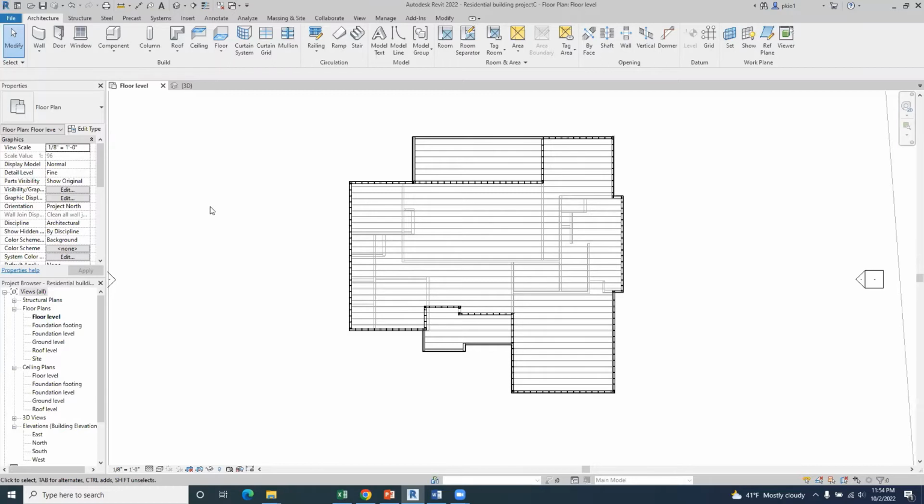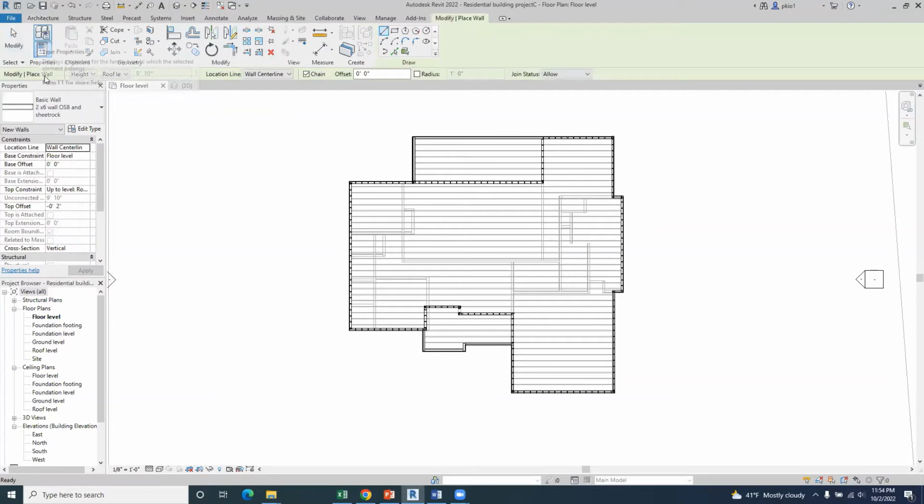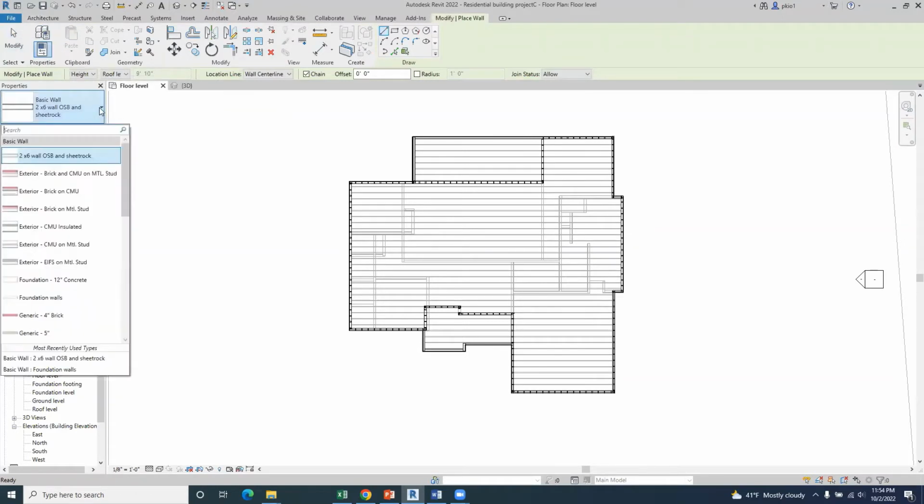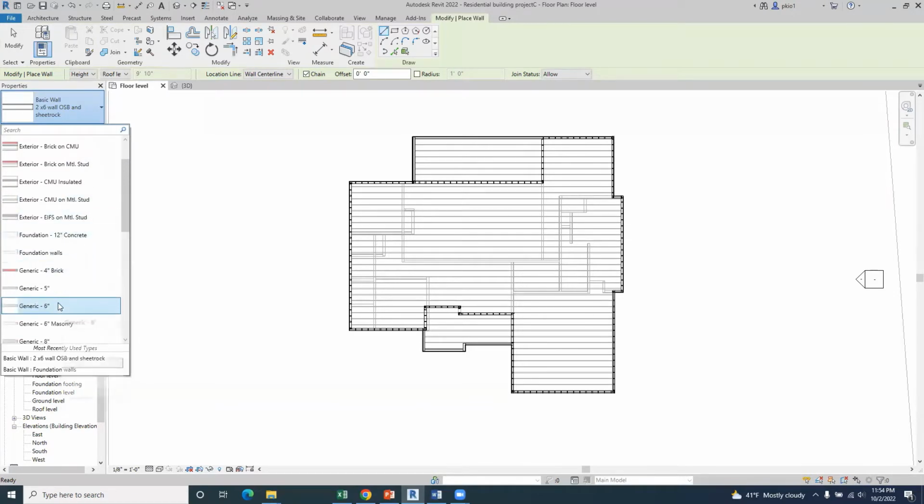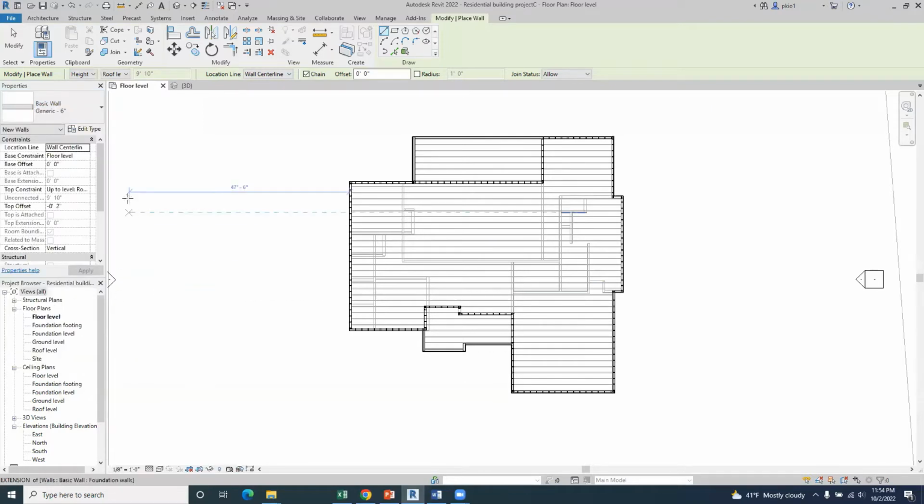To do that, make sure we are in the floor level where we want to draw the walls. And then we either type WA or go to wall. In the wall section, I'll take it back to the generic wall so that we can put the settings. So this should be generic 6-inch wall. So I'll go here and say edit type